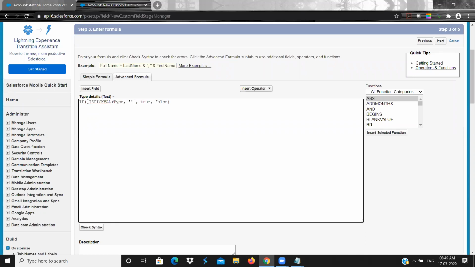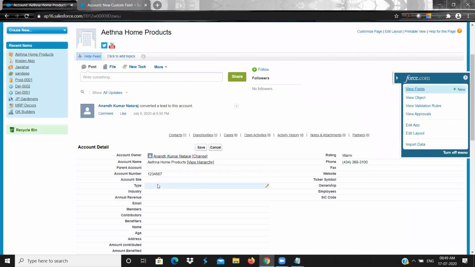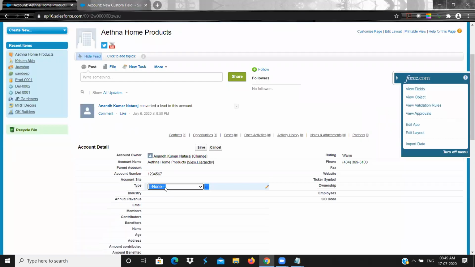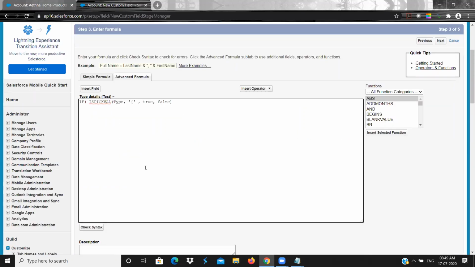What is the value I want in the condition? If type is prospect, then I want to display prospect customer. Since it is a string, I put it in quotes.